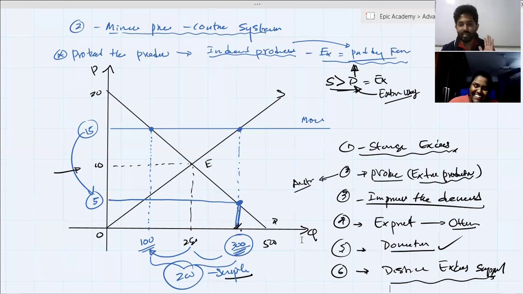Right? This is the situation. Okay. Finally, if there is no solution, you have to destroy the extra, because if there is extra or some surplus quantity in the market, it will destroy the price of the commodity. That is why we are going to destroy the entire extra supply. Yes, we know that is not a good sign for the entire community, but we have to do it. Okay. Right. This is the meaning of minimum price control. Those are practical events on the market. We already discussed today